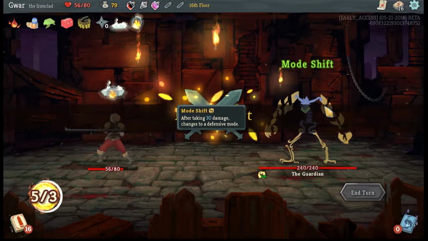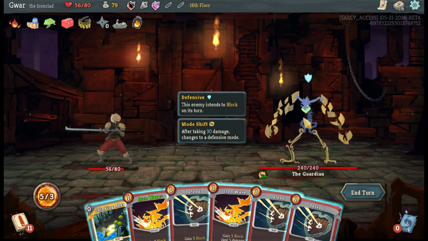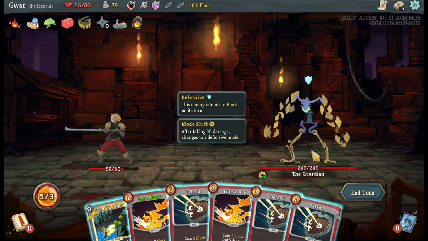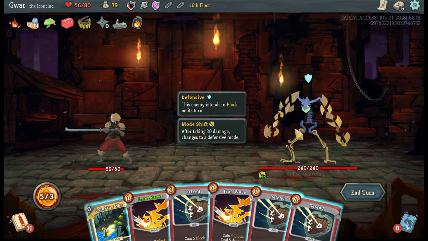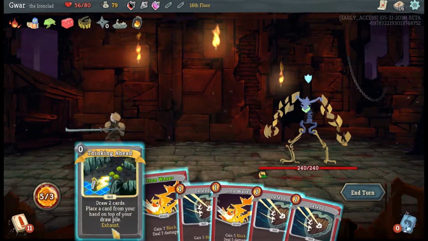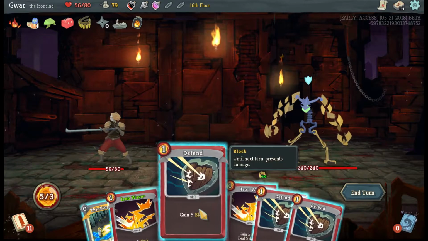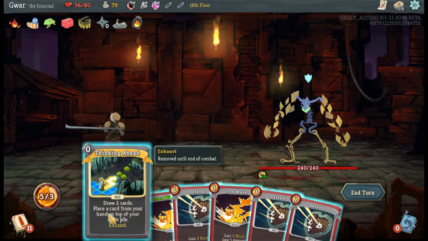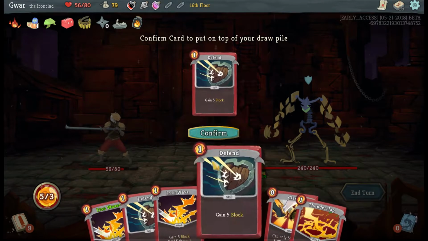Alright, end of Act 1. The Guardian. So from fighting him before, the way he works is every couple attacks he shifts, or every amount of damage he shifts to defense mode or offense mode after taking 30 damage. So let's get him there quickly, I guess. I don't need all this defense this turn, and I do have a lot of actions, so let's go ahead and get something I actually want